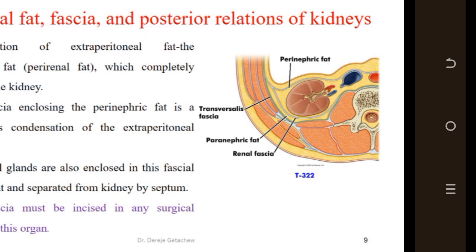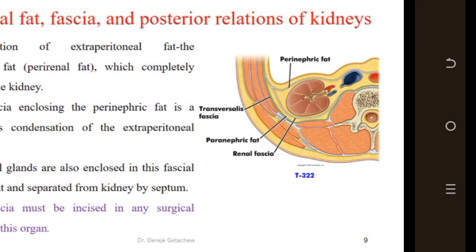Now we see renal fascia, fat, and posterior relations of kidney. So this renal fat or perinephric fat completely surrounds the kidney, and this is formed by accumulation of extraperitoneal fat. This fat is known as perinephric fat. That perinephric fat is enclosed by renal fascia, which is a membranous condensation of the extraperitoneal fascia, and suprarenal glands